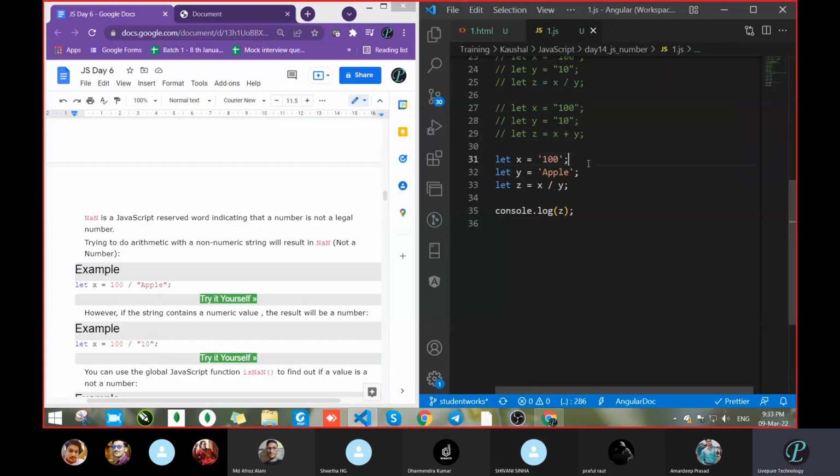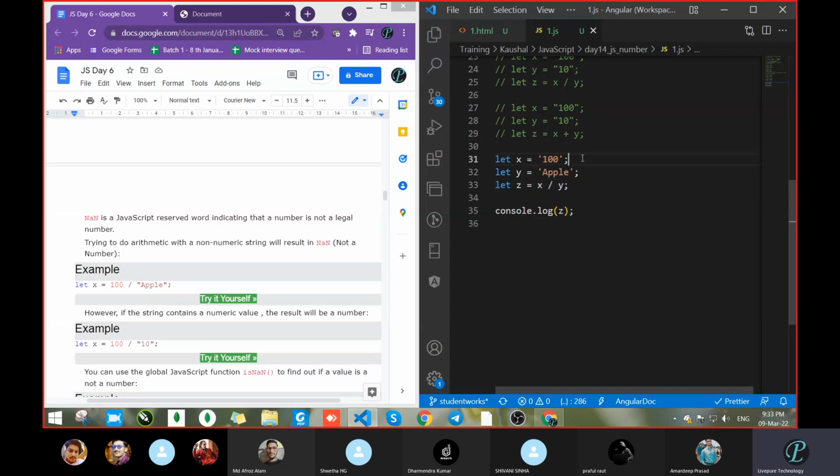So here the number is written within single quotes, but JavaScript will convert it into a number. It is a string, but it will convert into a number. What about this one? It is a string, and it will try to convert into a number, but that's not possible because that is not a numeric string.